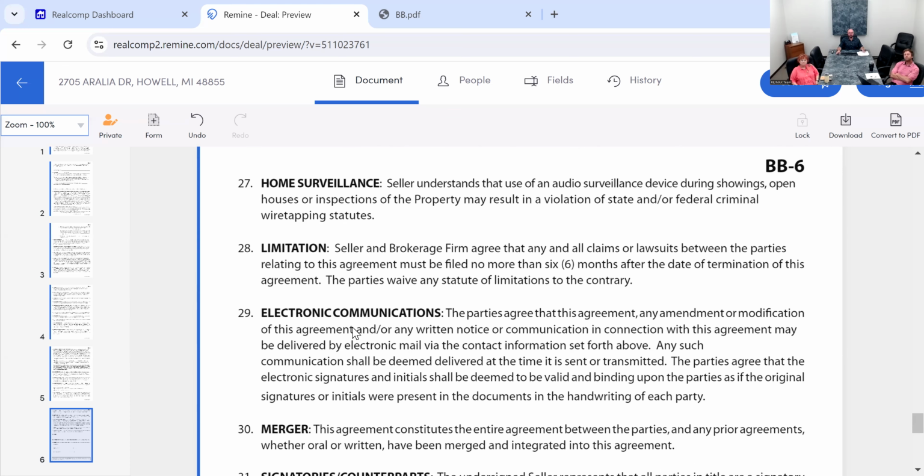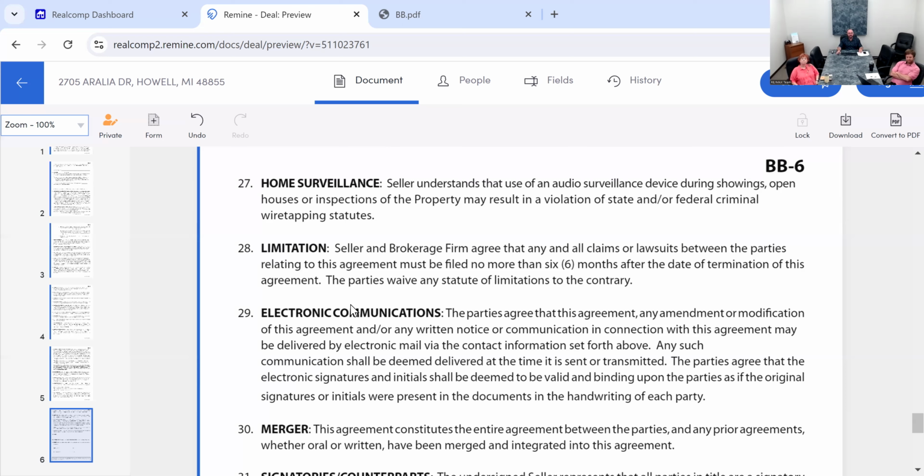Limitation: seller and brokerage firm agree that any and all claims or lawsuits between the parties relating to this agreement must be filed no more than 6 months. So if they want to sue us, they have to do it within 6 months of the end of the contract. So they can't come back 4 years later and try to sue us over something. At that point, the statute of limitations